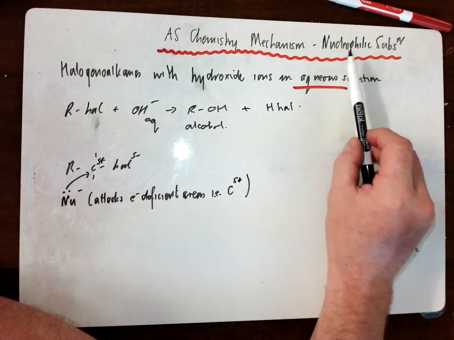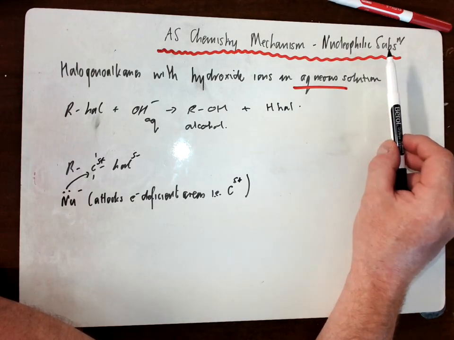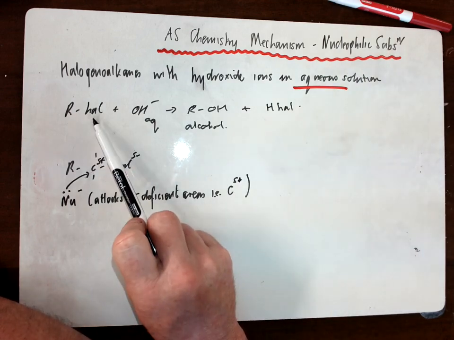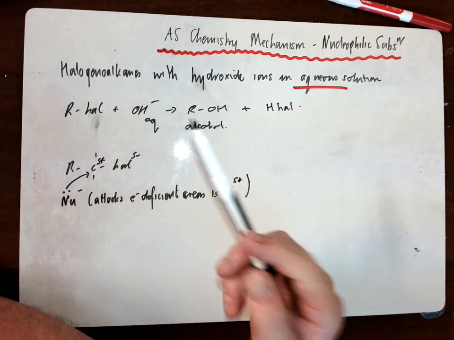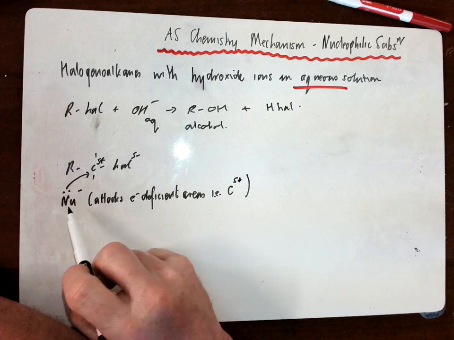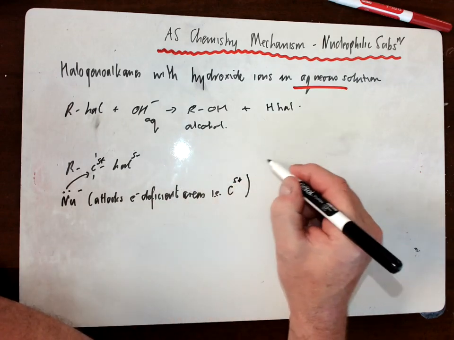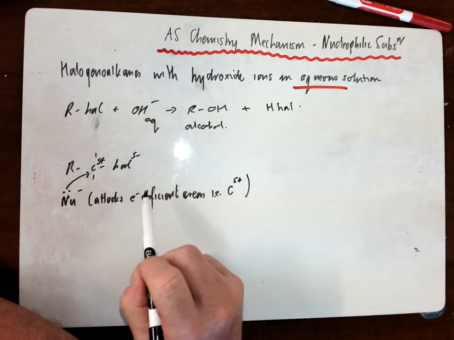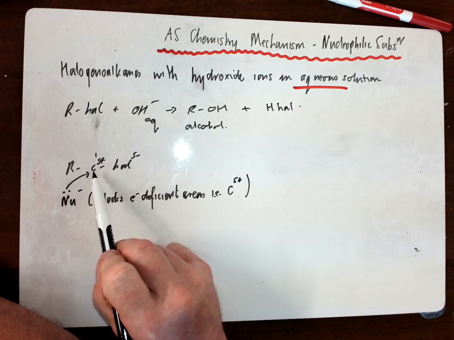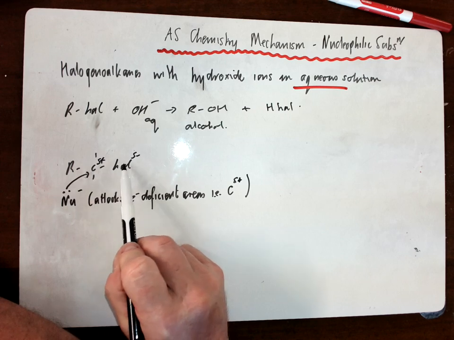Right then, so we've talked about this being nucleophilic substitution. Well, hopefully you can see why it's substitution. The halogen is removed, replaced by an OH substituent. The hydroxide ions act as nucleophiles. Nucleophiles are attracted to areas which are deficient in electrons. So the carbon in the carbon-halogen bond is attached to a halogen, of course, which is highly electronegative, and